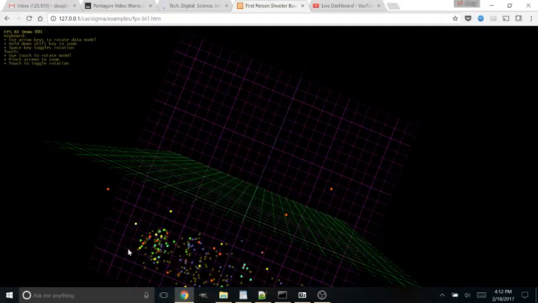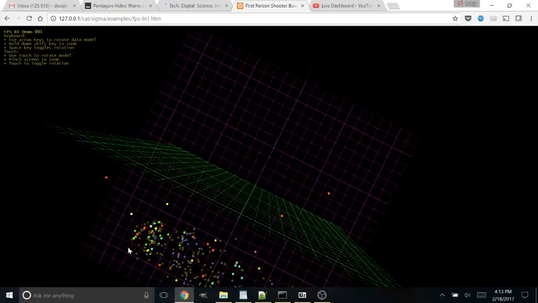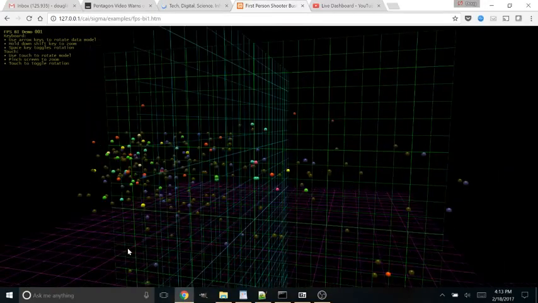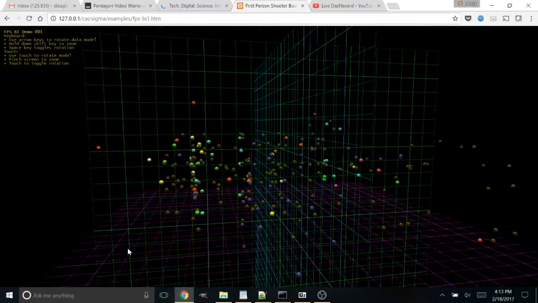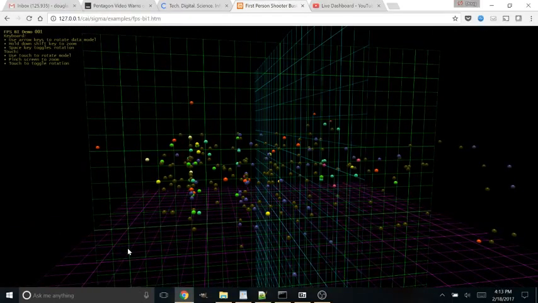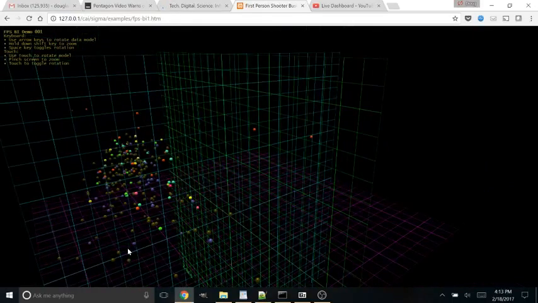Now, my suspicion is that it would be difficult if you had a conventional scatter plot, because you can't really rotate it. Some of the data may be hidden, or it may be at an angle that is not helpful. And the idea behind FPSBI is to allow you to investigate really by immersing yourself in the data. And you can actually go through, and if you see nodes of interest,